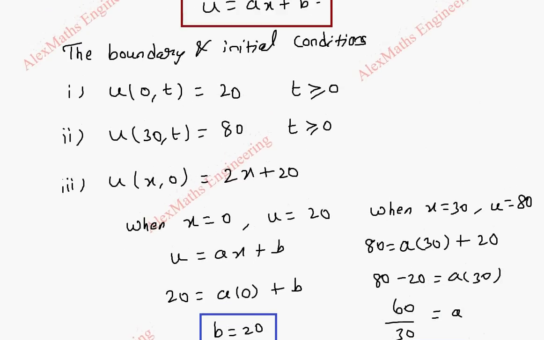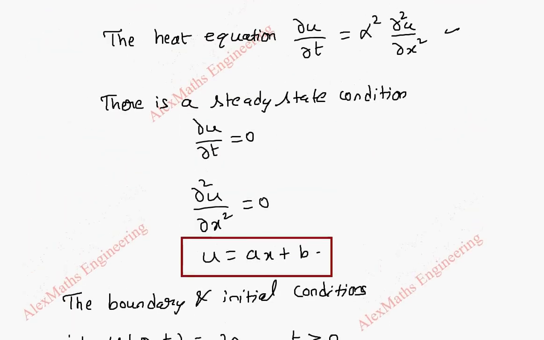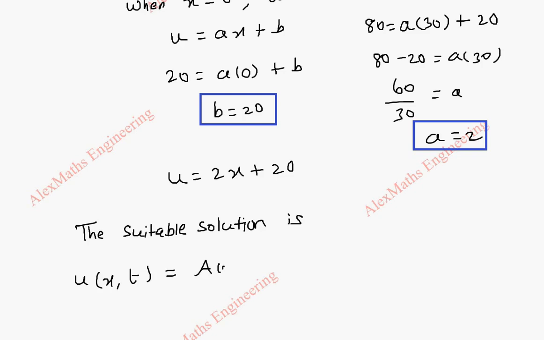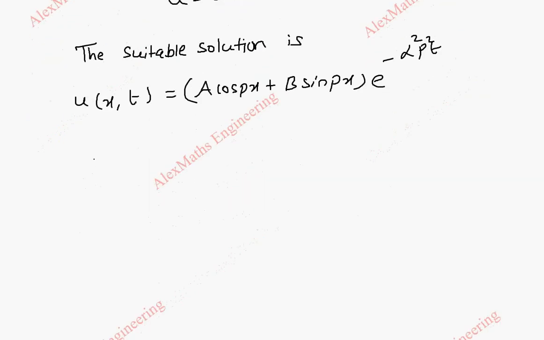Now we are going to write the suitable solution for the heat equation. The suitable solution is U of x comma t is A cos px plus B sin px e power minus alpha square p square t. Now using the first boundary and the initial condition,